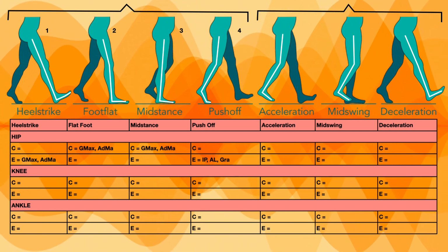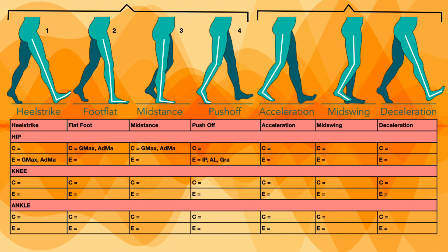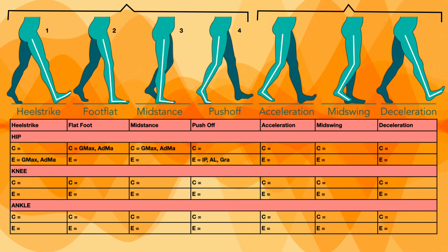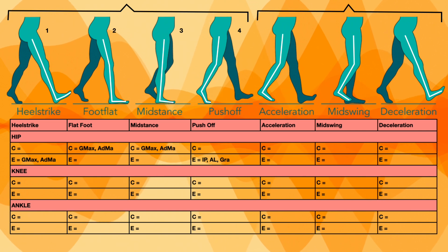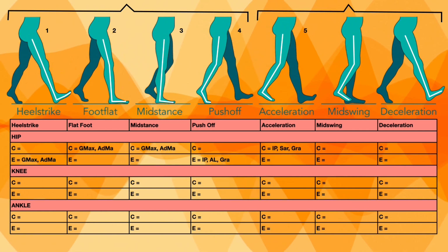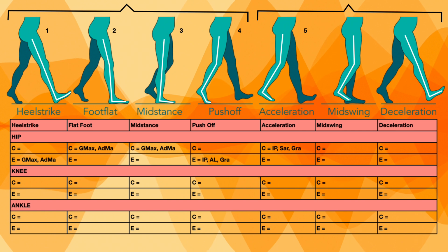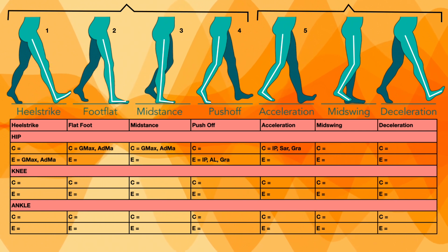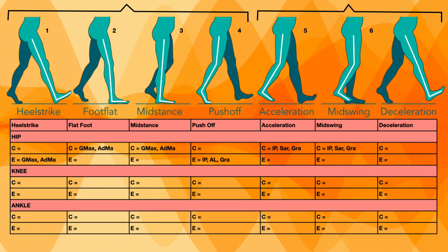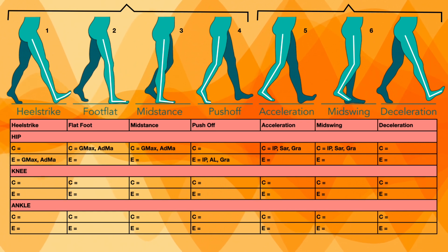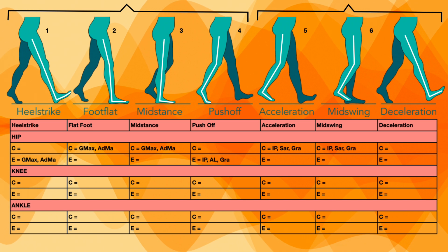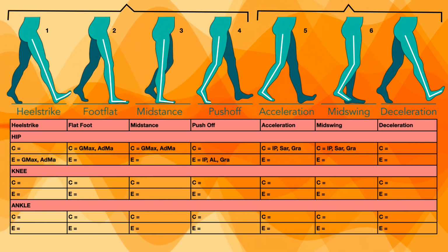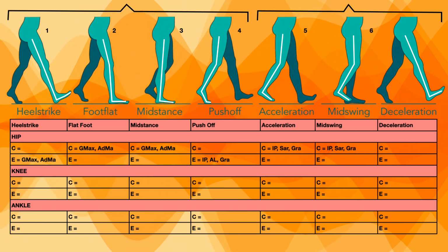Now the swing phase will start. During the first phase, the acceleration phase, the hip will further go into flexion. So the length of the muscle will decrease and it will be a concentric contraction of the muscle. So the iliopsoas, sartorius and gracilis will contract concentrically. Now we will further move with the momentum and with the activity of these muscles, concentric contraction of iliopsoas, sartorius and gracilis muscle. After this the deceleration phase will start